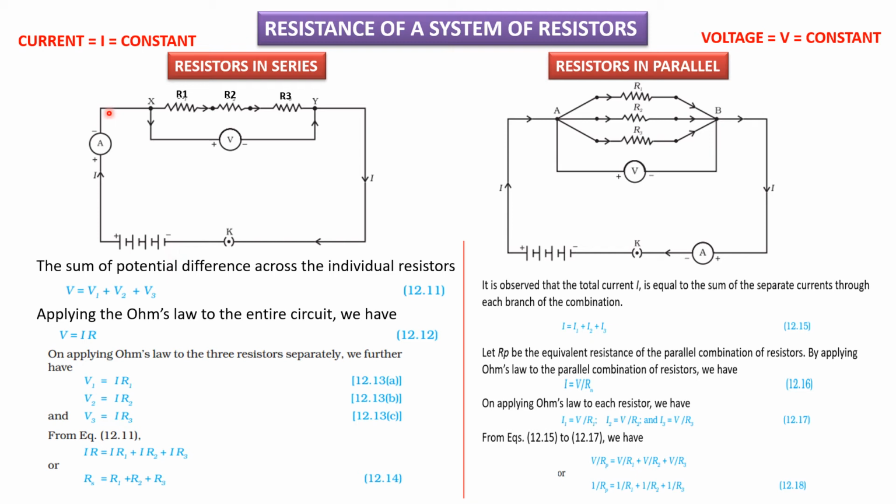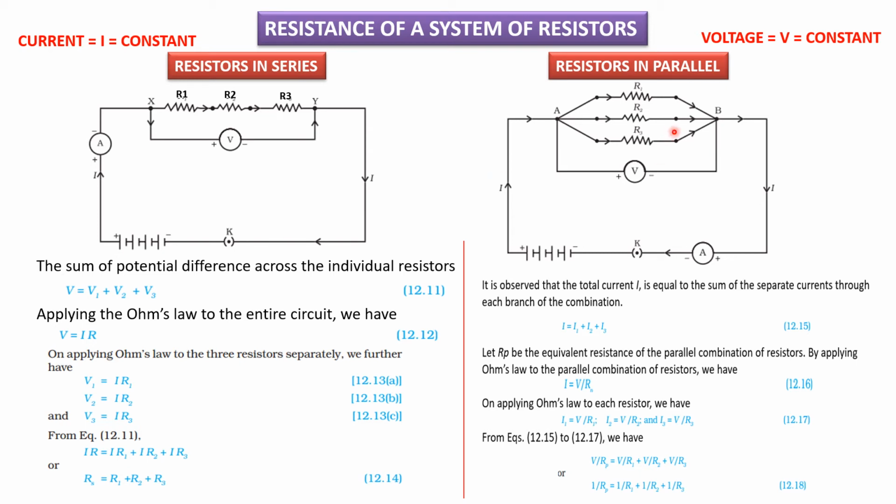After that, what is connected? It is connected to R1, R2, R3, and a key is present here. And what is this? This is a voltmeter. How do we say it is a voltmeter? Because the symbol V is given here. Positive is connected to the positive of the battery, and negative is connected to the negative of the battery. This is the electric circuit of a series connection.